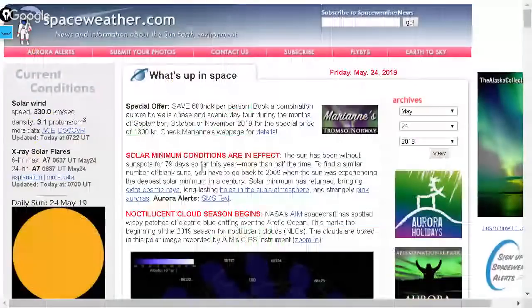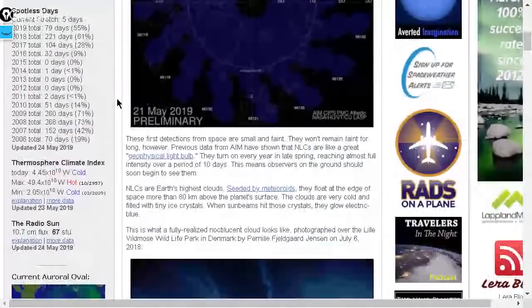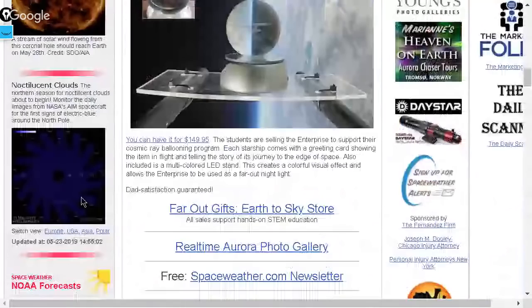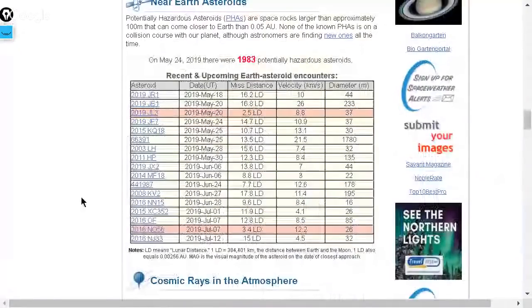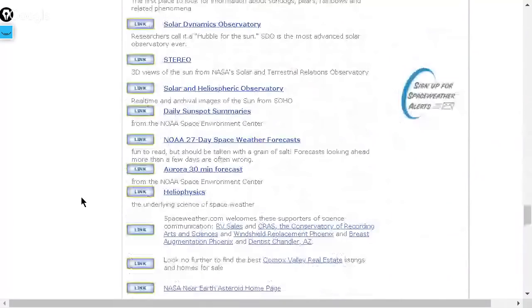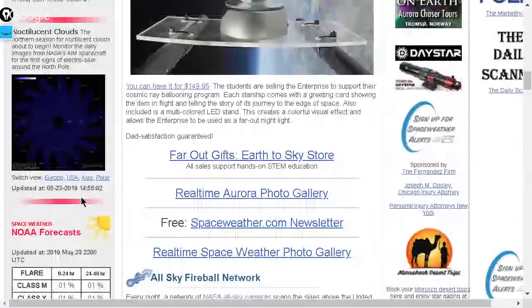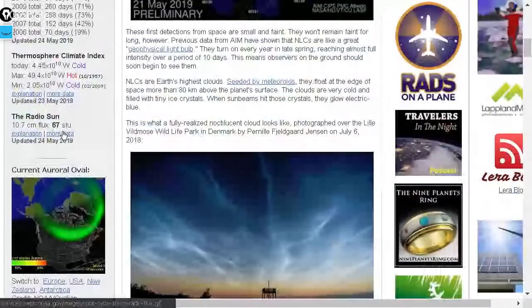All right, let's continue on to spaceweather.com, who's still talking about noctilucent clouds. And always some interesting articles to read there. I would note 10.7 centimeter radio flux. Also, just a little side note, spaceweather.com has a chart of the recent and upcoming Earth asteroid encounters, as well as things like meteor shower predictions, information about cosmic ray flux, a little exaggeration about cosmic ray flux, but that's okay. And 10.7 centimeter radio flux,